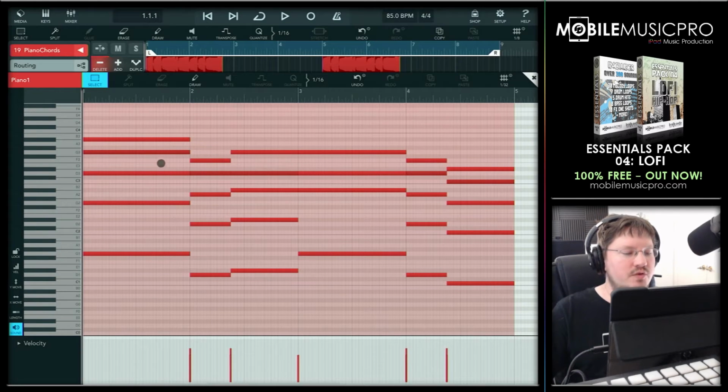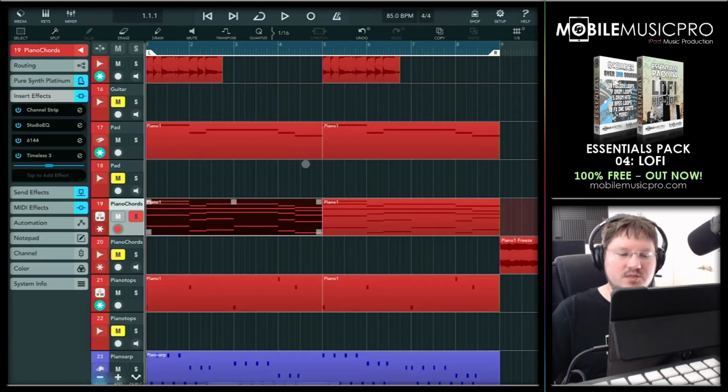And then after that, I took the middle note in each one of these chords and raised that up an octave. And then finally, I ended up adding a fourth note for each one of these chords after that. And then after that, I copied and pasted this pattern over for another 4-bar pattern to give me a total